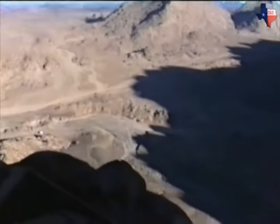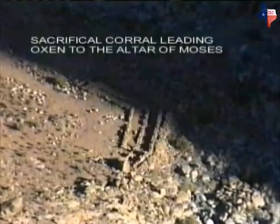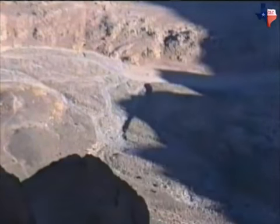In the same manner, close in to the base of Sinai, we saw the clear image of a double-wall corral leading up to a slaughter area and an altar of earth and uncut stone. Just behind the altar is a dry stream bed running from the mountain all the way into the valley below. Moses cast the remnants of the golden calf into the brook that came out of the mount, according to Deuteronomy